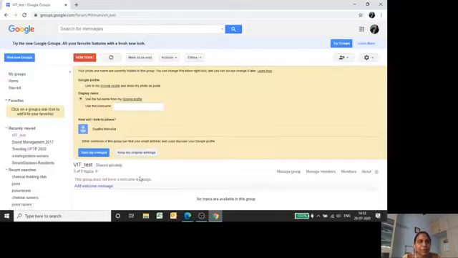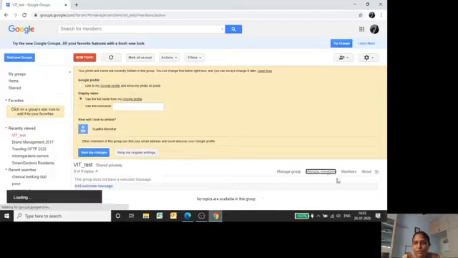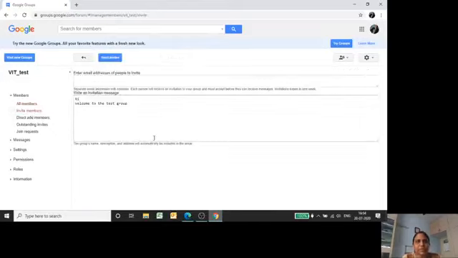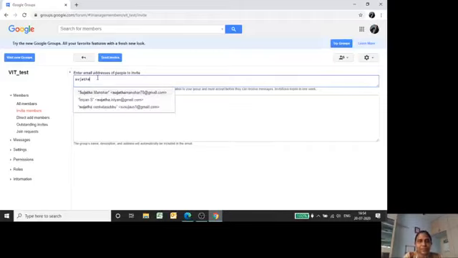Done. Let me also show you how to add. Again I'm clicking on the group, go to manage members. See, now that new member has been added, right? Now, I will show you the other option, invite members. Invite members is where you are sending an invite to them. Only when they click on it, that person will get added to the group.